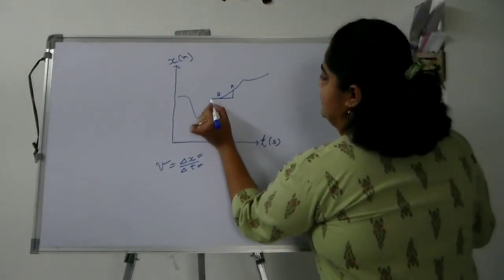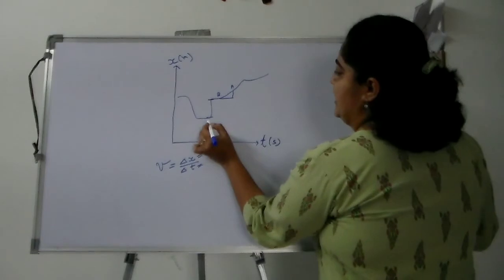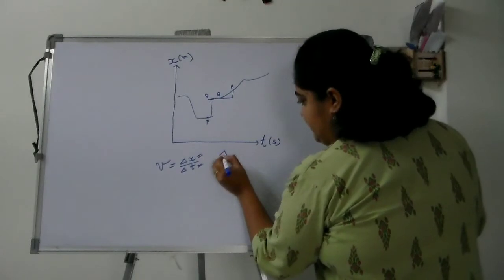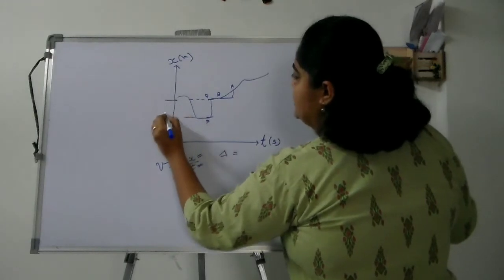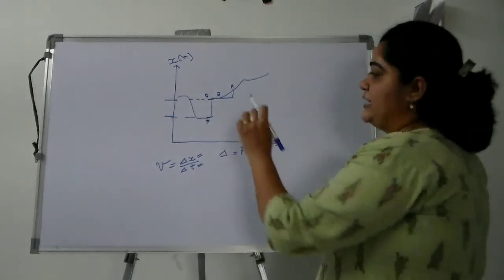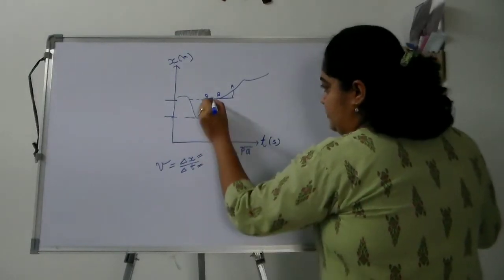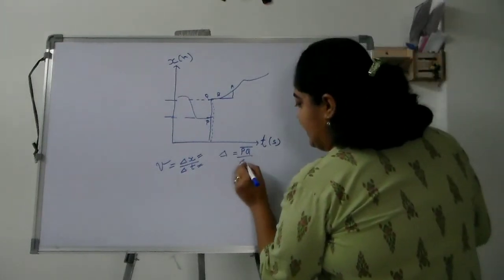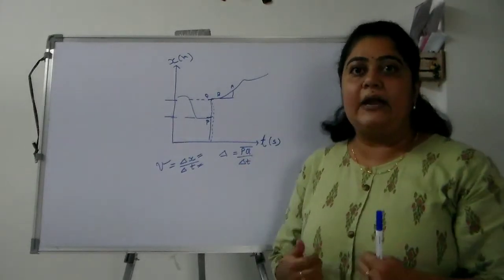But what about this case? Say from this point to this point, say it is point P and Q. For the displacement, that is delta x, P and Q is significant. We have a big amount of change done by line segment PQ. But what about the change in time? The change in time is very, very small. So this delta t is so small that it cannot be measured or felt.